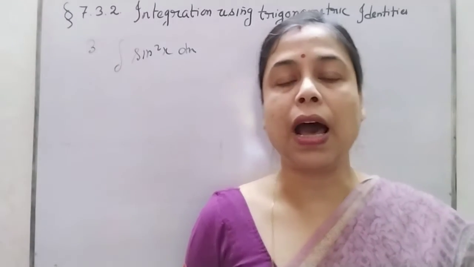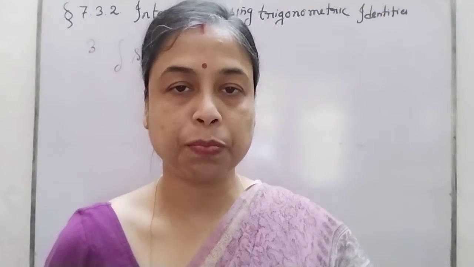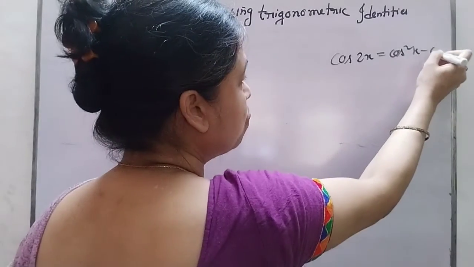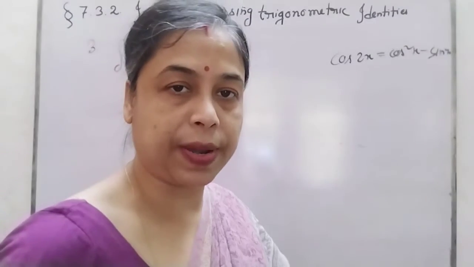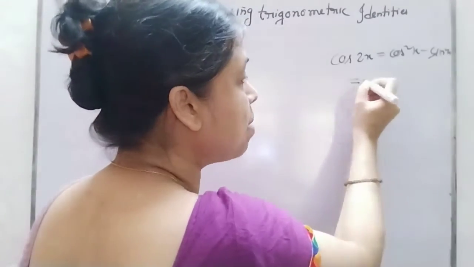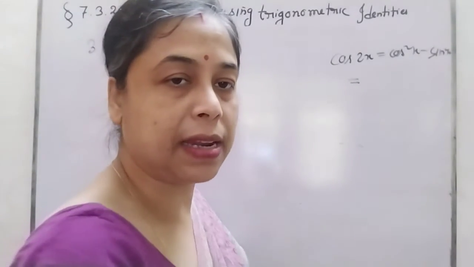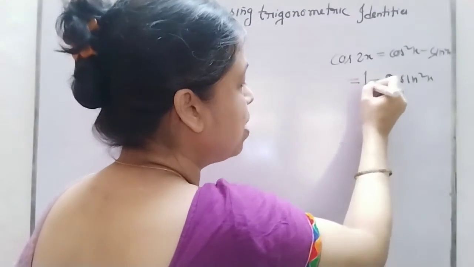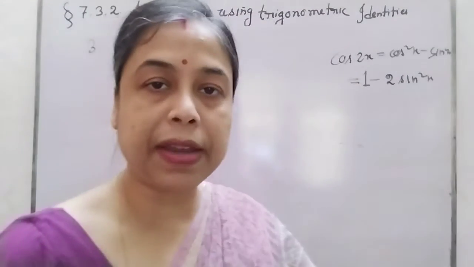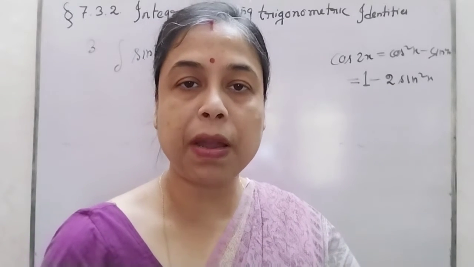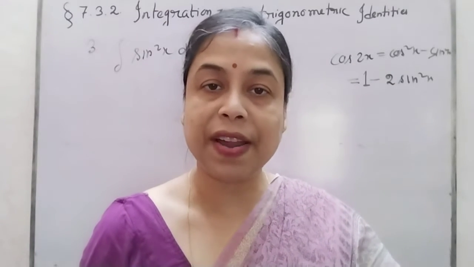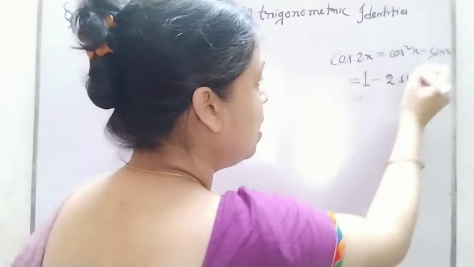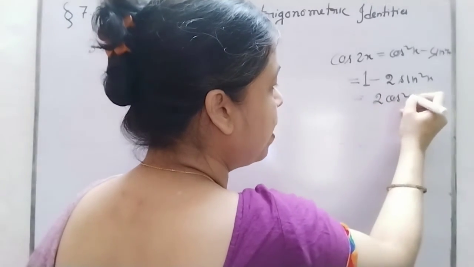So what I am going to do, I'll take the help of the cos twice x formula. Cos twice x has 4 formulas. One is in terms of cos square x and sine square x, that is cos square x minus sine square x. And when you convert it in terms of sine, cos square is 1 minus sine square, and it gives you 1 minus 2 sine square x. When you want to use trigonometric identities to integrate, obviously you have to remember all the trigonometric results. That is very important. Or when you convert sine in terms of cos, 1 minus sine square, this can be written as 2 cos square x minus 1.